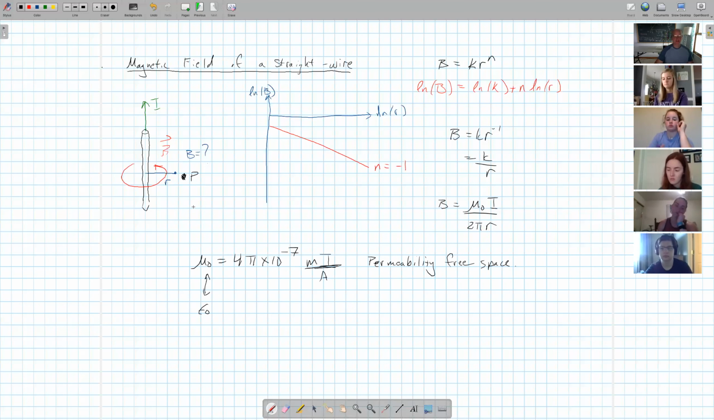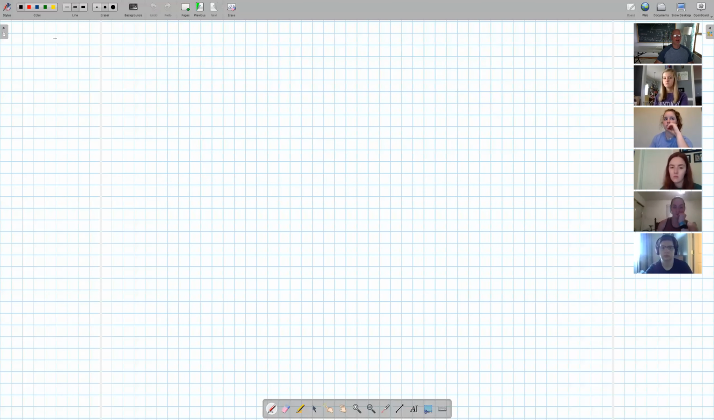So, having said that, we can now go back to the force on a straight wire and look at what happens if I have two straight wires. So meaning that,